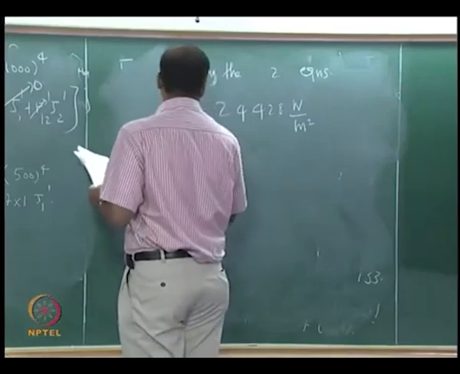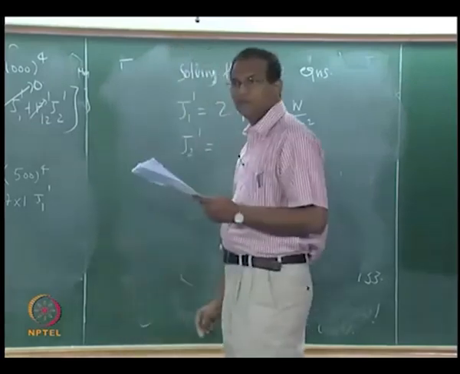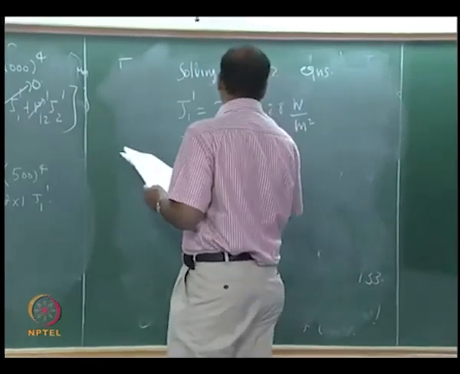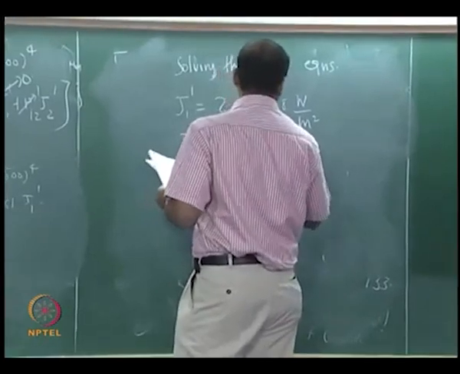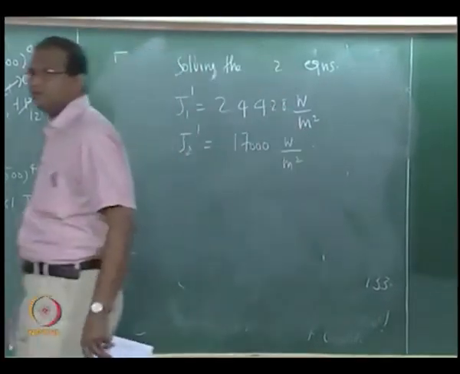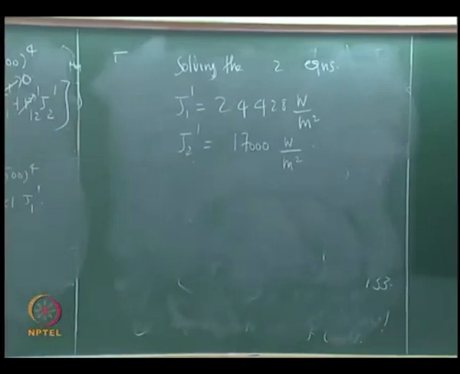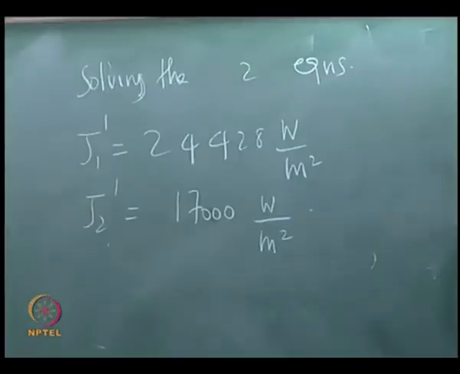J2 dash and J2 1, 17,000. Yes, exactly similar procedure. You will get J1 and J2 of band 2. We have got J1 and J2 of band 1, correct? Right. So similarly,